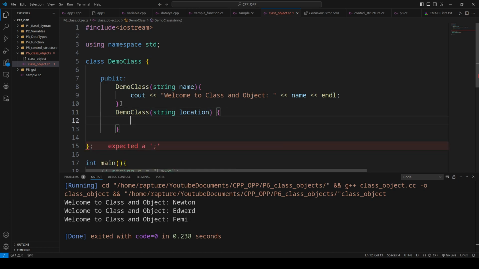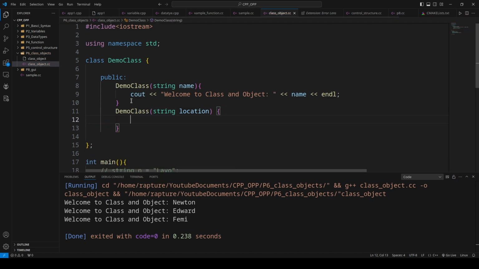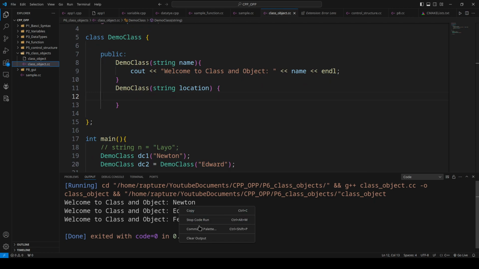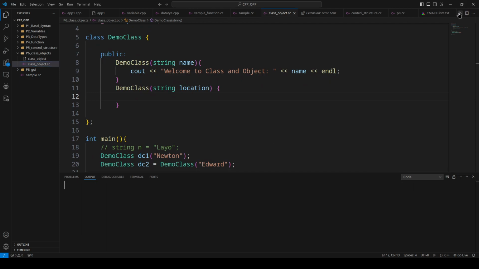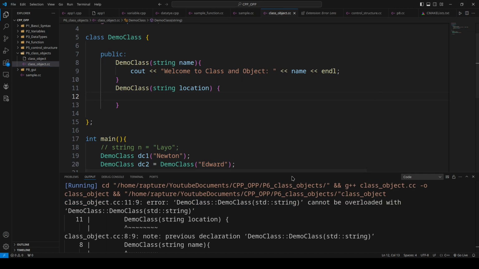I'm going to say something. Now let's see. Are we going to have an error here? Can you see? It said not to be overloaded. There's no constructor overloading here. We want to overload this constructor by giving it many locations. So now, therefore,